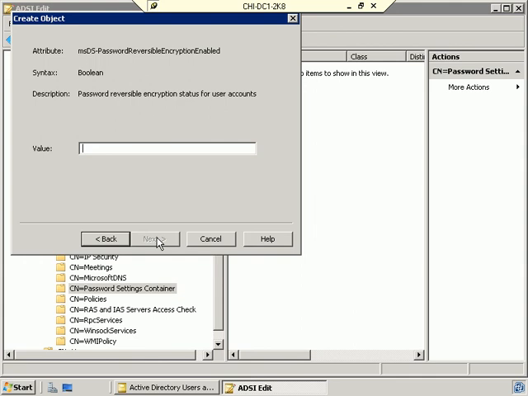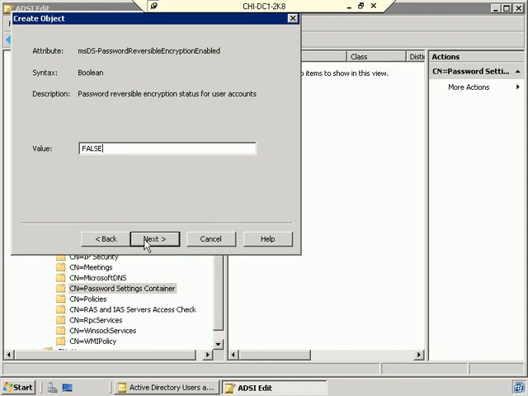And now we need to determine whether we want to have reversible encryption enabled. And I have to tell you, this is where we're getting into the actual password settings. Whereas I can go back and show you in group policy the way this interface looks and how you actually have a nice friendly GUI and you have all these selections and then you enable, disable, things like that. Well, for reversible encryption, I'm going to say false,